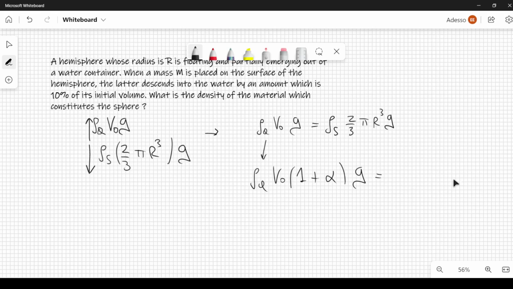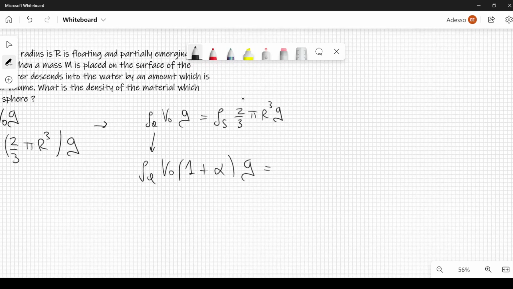And here on the right, we still have the same force. We have rho S 2/3 pi r cubed g. And then we have another force, which is simply given by the mass m that we placed onto the hemisphere, and it is something given, times g, right? So from these two equations,